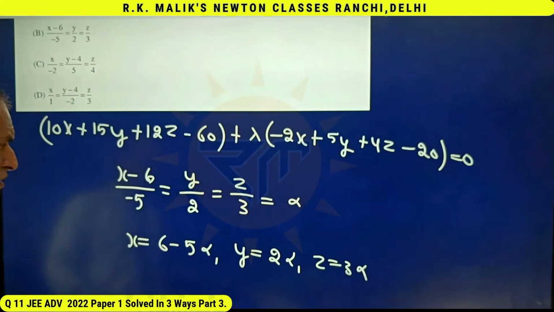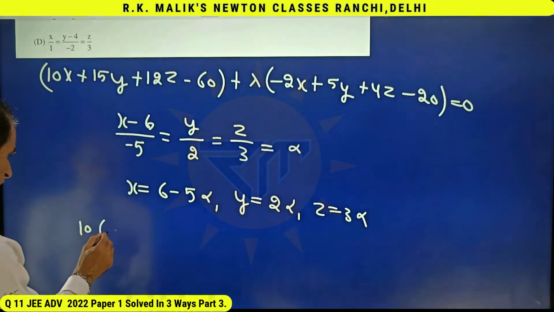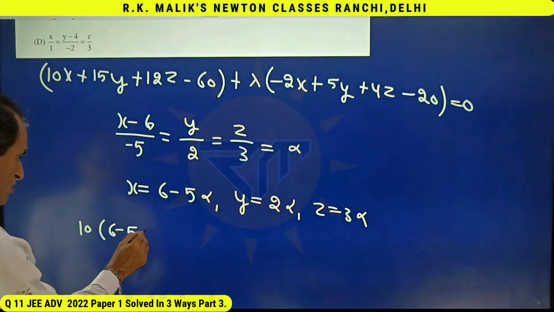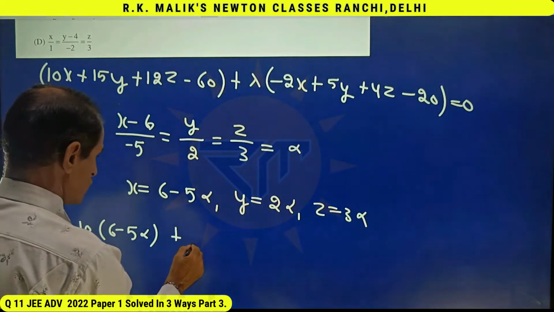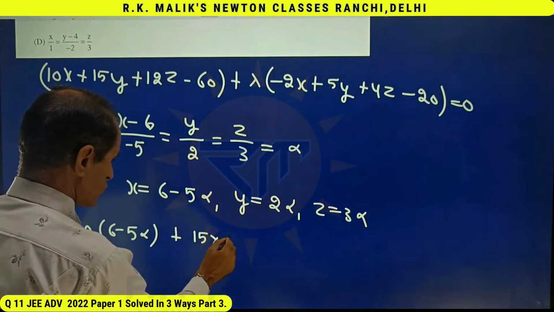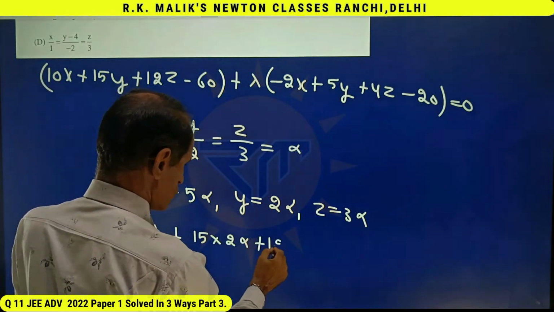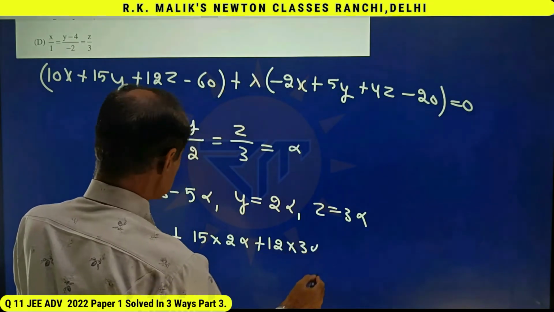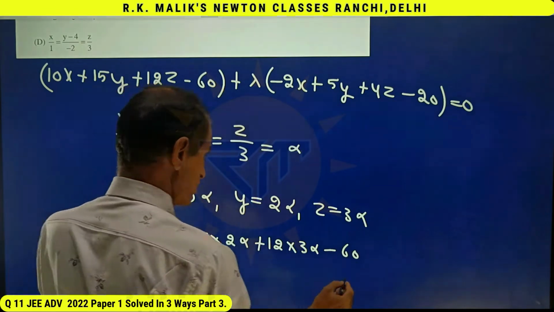Again let us put this point in this plane. I get 10 into 6 minus 5 alpha plus 15 into 2 alpha plus 12 into 3 alpha minus 60